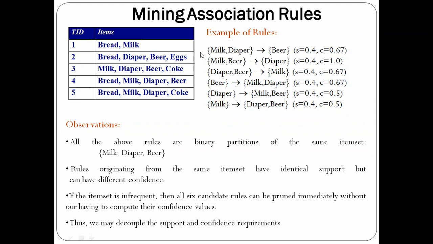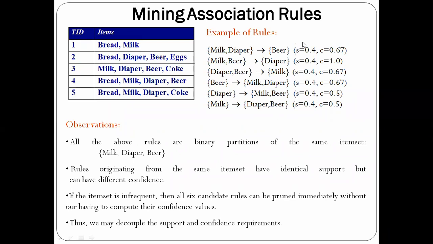So in these kinds of examples, if you have itemsets that contain the same set of items, and you find the support of all those itemsets or rules, suppose any of these rules is infrequent, meaning they don't satisfy the minimum support value, then that will be removed from the frequent itemset rules. If it is not going to satisfy the minimum support value that is given, then we will remove all the rules, because the support will be less than or the same here, so it will be less than the minimum support, so we can remove all those rules.